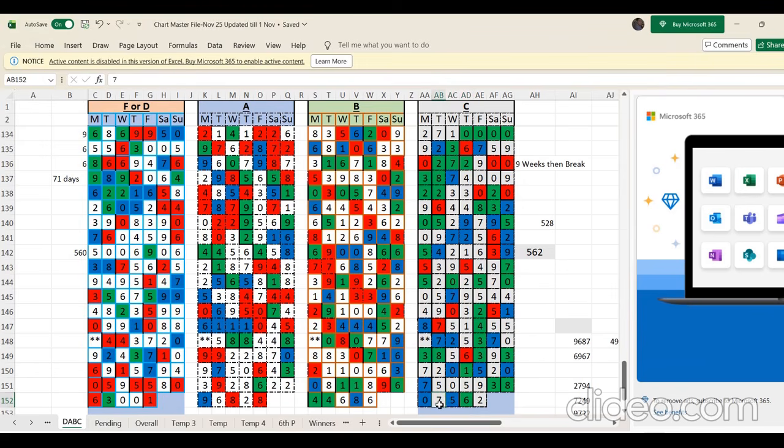Sequences in both board A and B, 469 and 194 to come as a part of the last 8 to 9 days figures. 4 has not come in board A since 13 days. So there is a possibility of 4 coming there. This week 4 came 2 times in board B after 29 days. So chances of 4 coming in board D and A are high. Wish you all the very best.